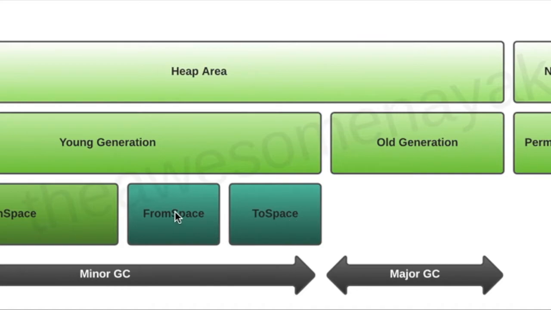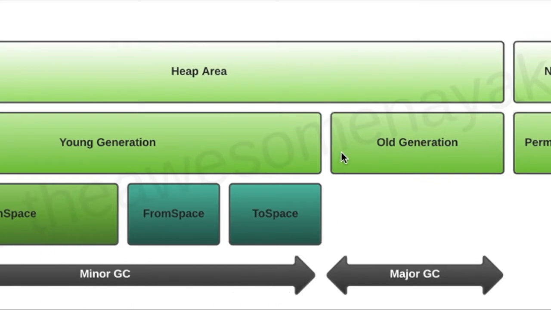Now the minor GC doesn't stop over here. It checks for this also. Like in from space, if there are already some objects in the from space, initially it was empty, but if GC has executed multiple times, then it must have some objects already. So from those it filters out again. The most frequently used from space objects remain in the same from space, else the rest of them are moved to to space. So that's how it works. So this is the minor GC.